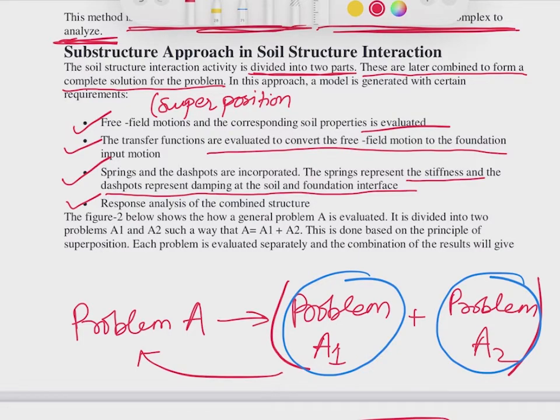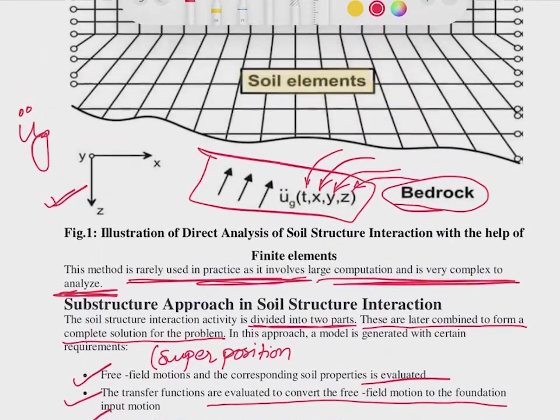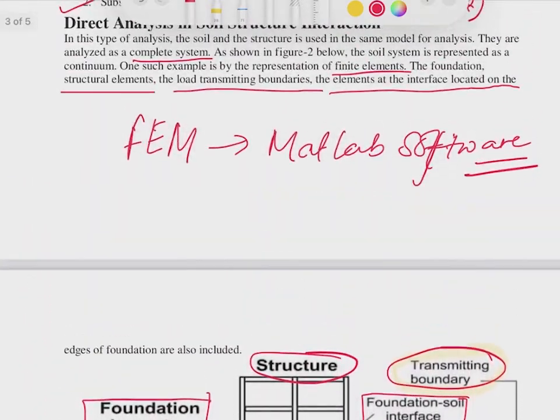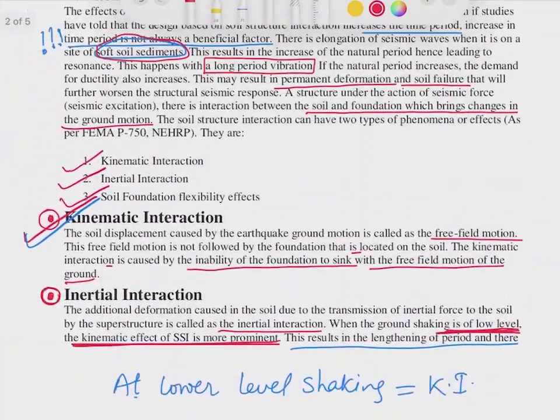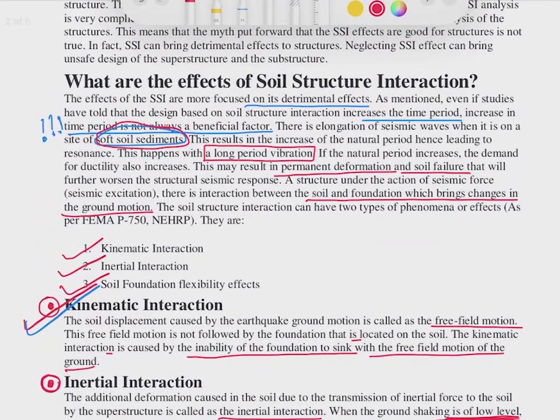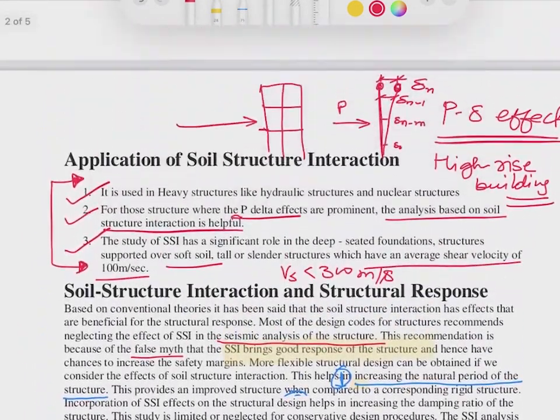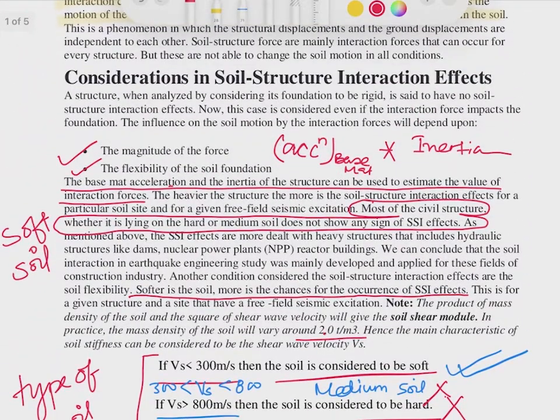I hope this will quench the thirst for knowledge of SSI, and this is all that we can cover within the scope of the BTech syllabus. I hope you have understood what SSI is, and we will be